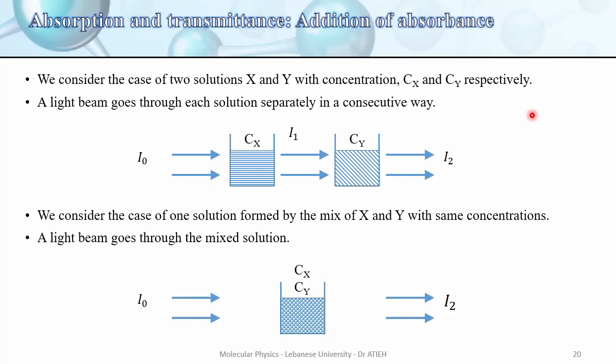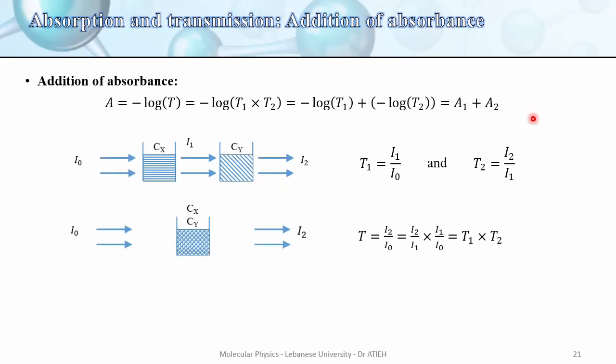So I0 will give final intensity I2, the same I0 will give the same final intensity I2. Remember, we are interested in the absorbance of the mixture, as the title says, addition of absorbance. Let's try to calculate the absorbance in both cases, where they are placed in series and where they are mixed together. In the first case, where they are placed in series one after the other, we can find T1,